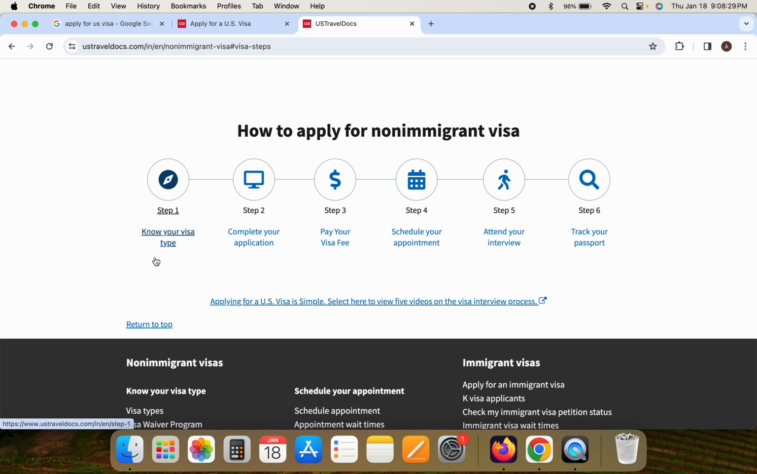Step 1 is know your visa type. First thing is you have to know your visa type, which visa you want to apply for. Second thing is complete your application. You have to complete the application and fill in everything they are asking for to apply for the visa. The third step is you have to pay your visa fee. That is $185